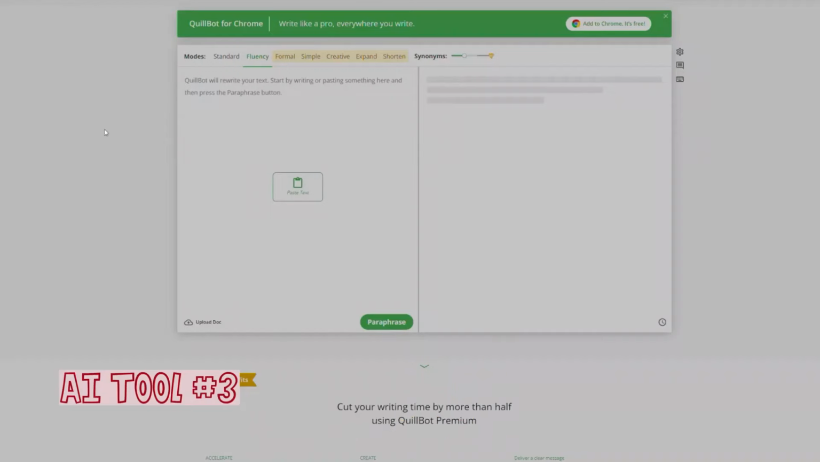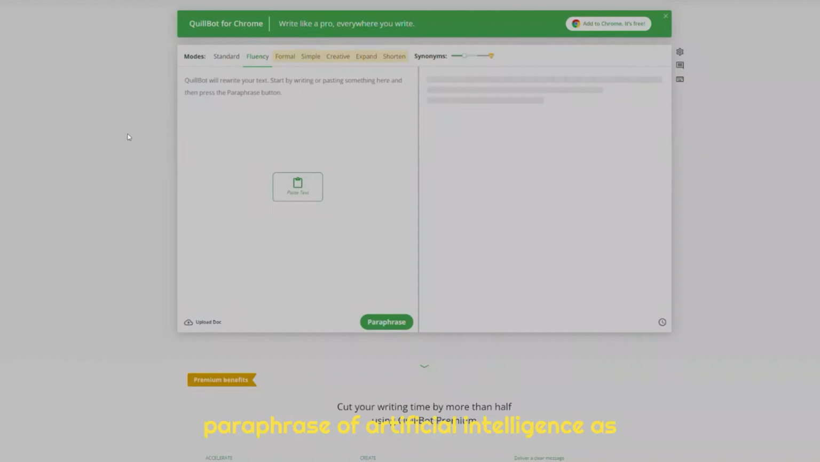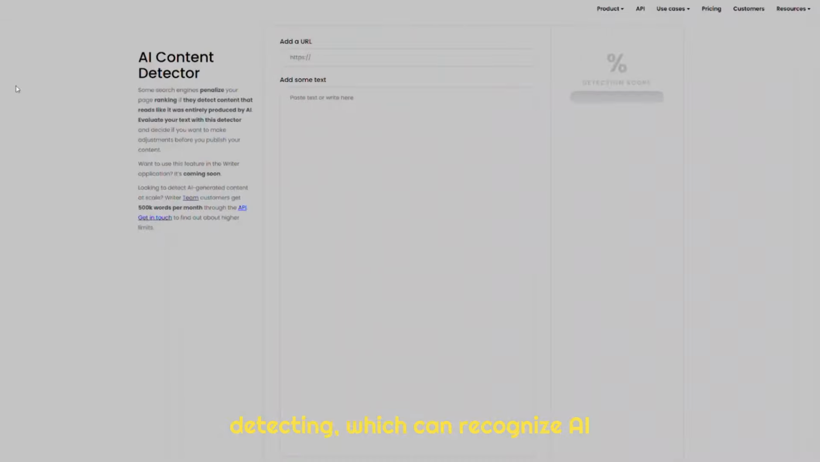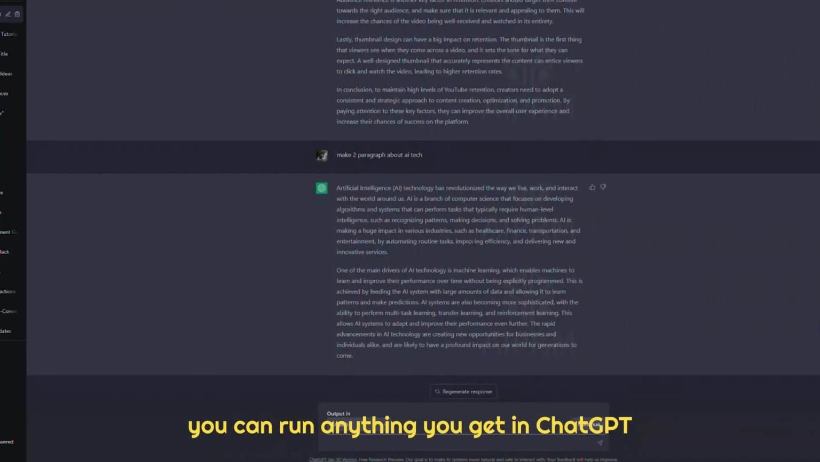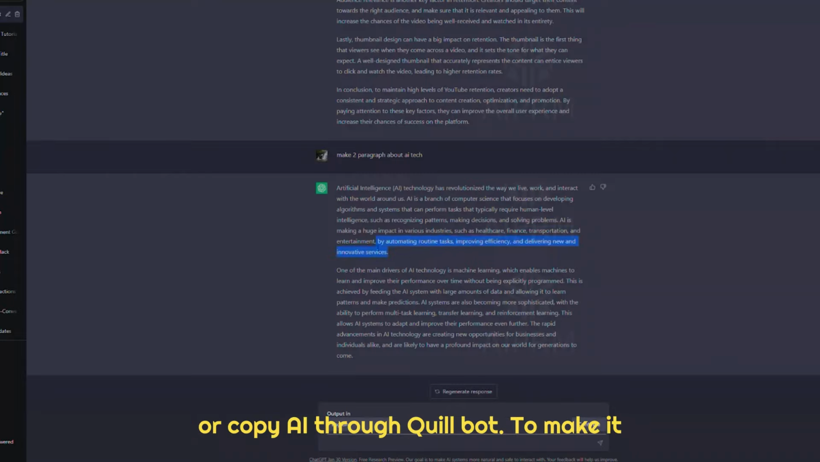Quillbot. This is a paraphrasing artificial intelligence, as it now exists in the educational system. Students are fast realizing that they can use AI to speed up their essays and projects. Teachers have, of course, attempted to strike back by employing AI detectors, which can recognize AI-generated text. This is when Quillbot enters the picture. It takes pre-existing sentences and rewrites them. So you can run anything you get in ChatGPT or Copy AI through Quillbot to make it more difficult for